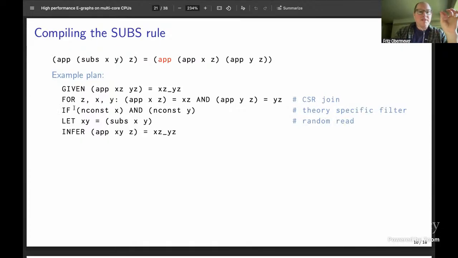And then there's a theory-specific filter. So one of the things my compiler does is it knows about the K combinator and constant functions. So as I said, like half of the E nodes are constant functions. So what the theory does is look through all the list of the rules in my rule files, and for every rule, it tries to substitute for each variable. For like K for X, it tries to substitute like KA for some fresh variable A, and asks like, hey, does this left-hand side, but with a constant function there, appear anywhere? If so, that is a cheaper duplicate of this rule.